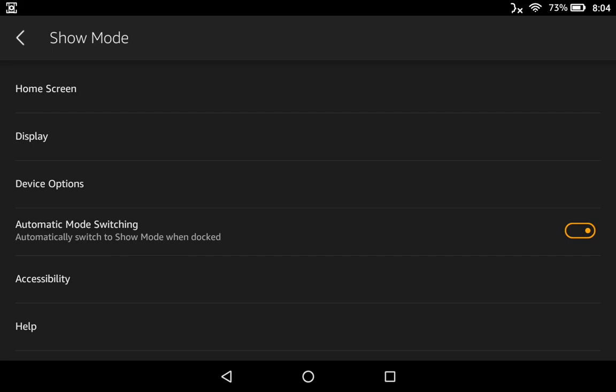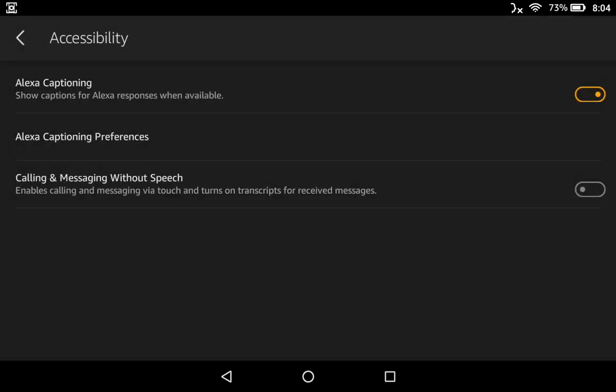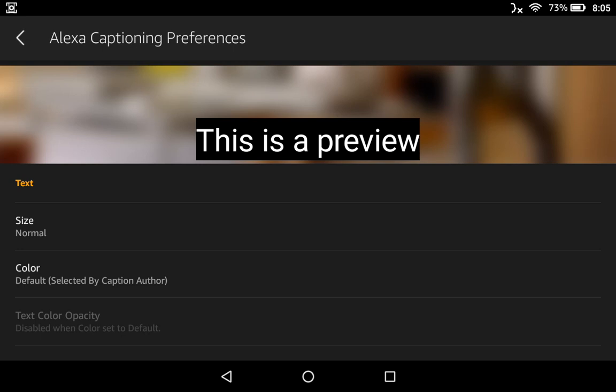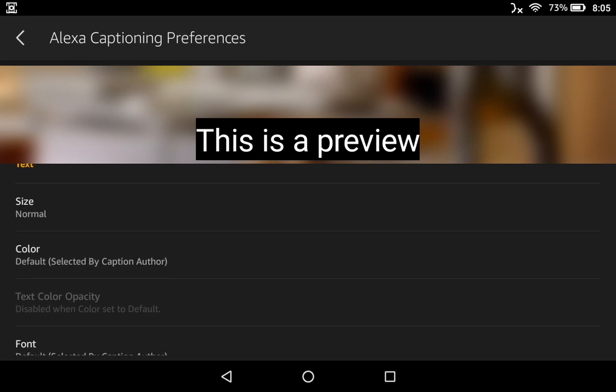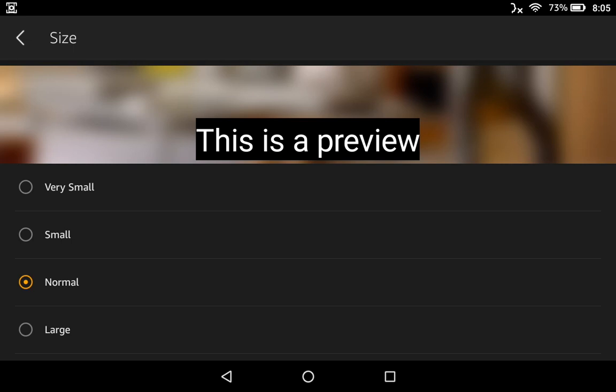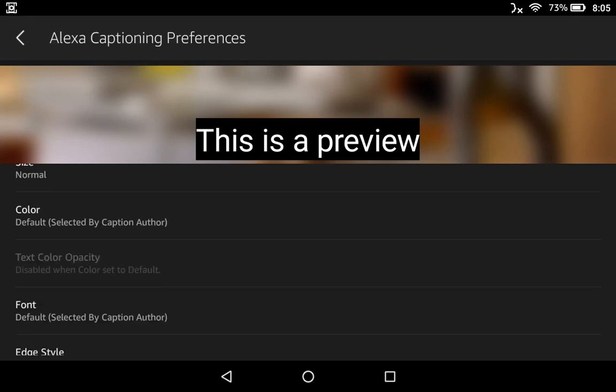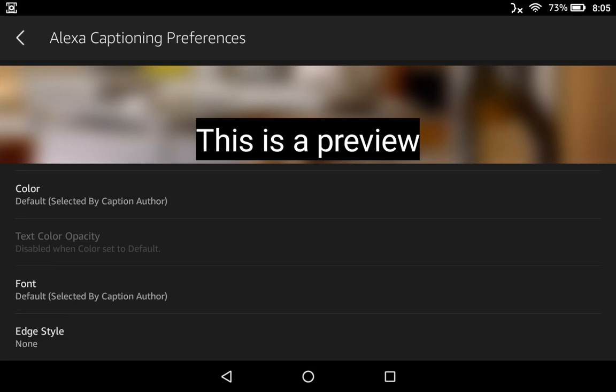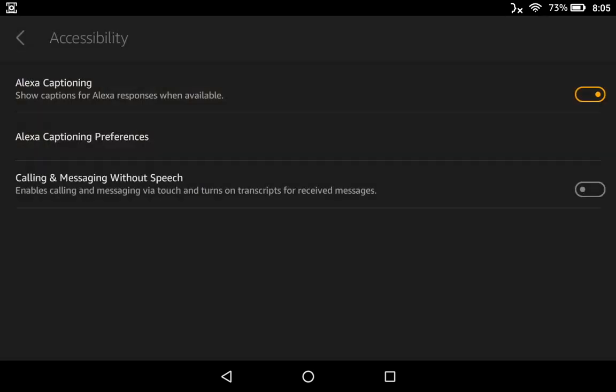Accessibility. Accessibility is another word for handicap in these tablets. Alexa captioning. And here's how you do your captioning, and it gives you a preview on it. And you can pick the size of your text, the color of your text, the text opacity, right? And opacity means if it's transparent like a ghost, right? Or you can make it solid. Edge style, fonts,